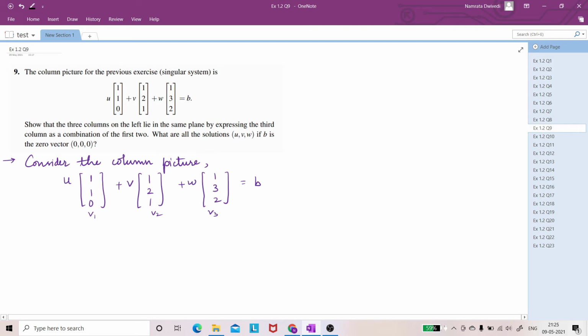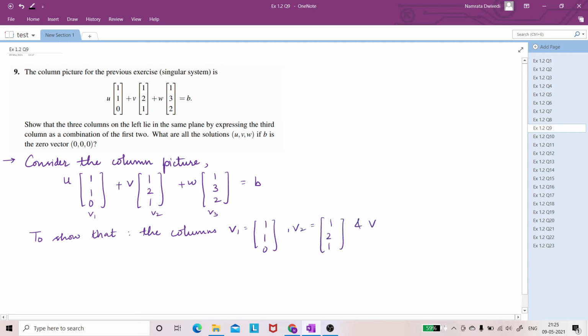In other words, I'll start writing. So to show that the columns v1 equals 1 1 0, v2 equals 1 2 1, and v3 equals 1 3 2